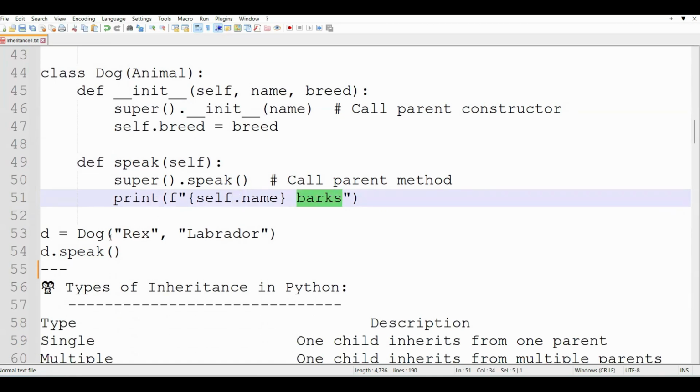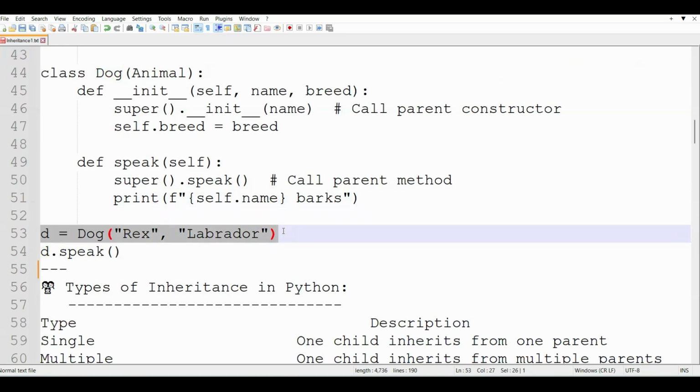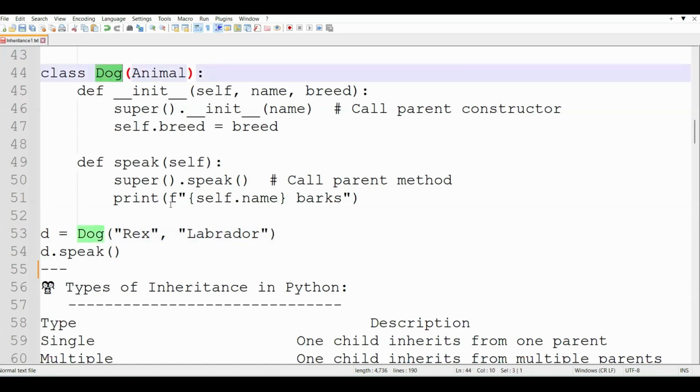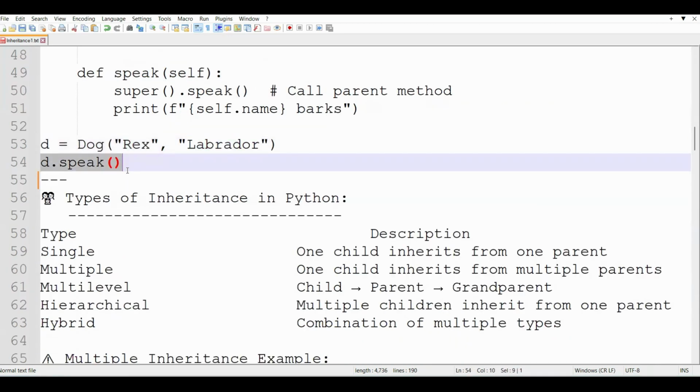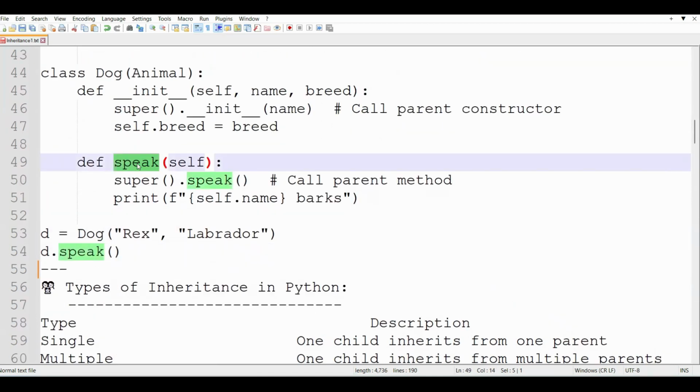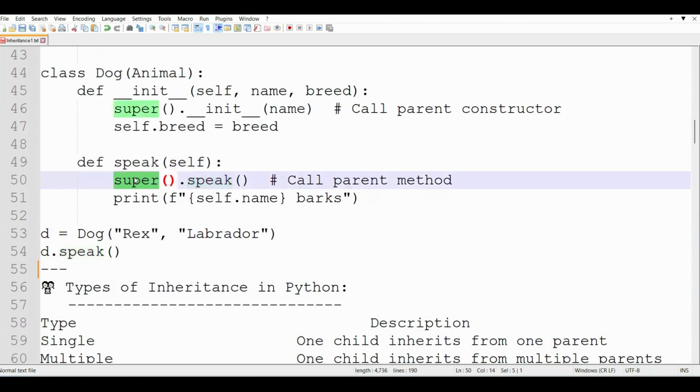Now if you see this one, d = Dog, when we write like this, it creates an instance of the dog class. For this, we are creating an instance. The name of the dog is Rex and the breed is Labrador. d.speak calls the speak method of the dog class. This one first invokes the speak method from the animal class due to super().speak and then prints